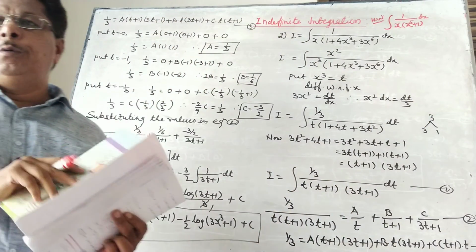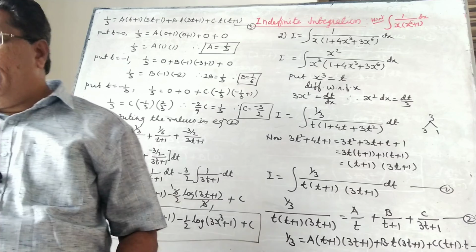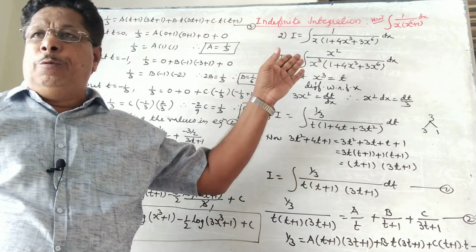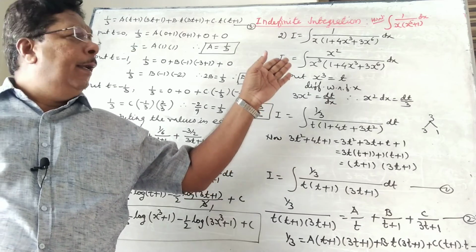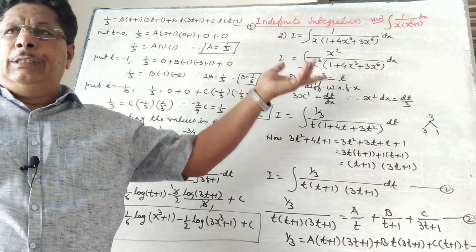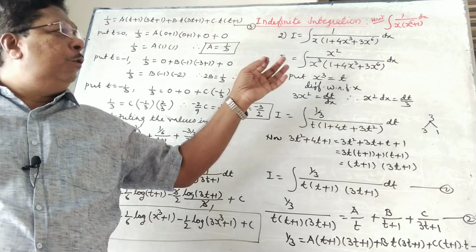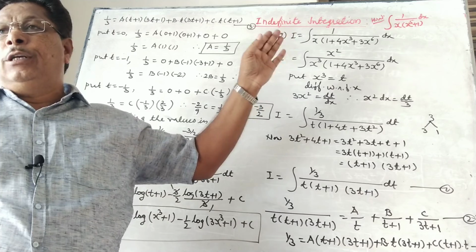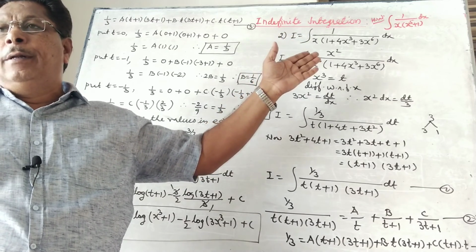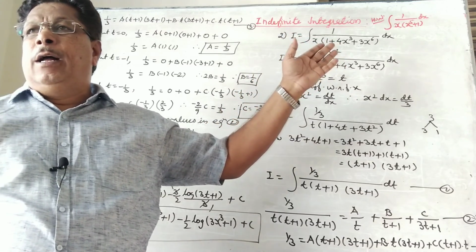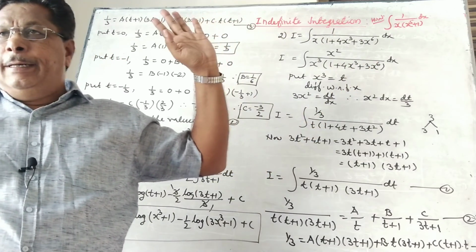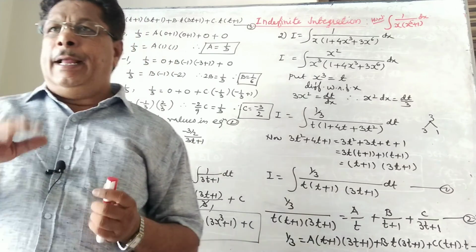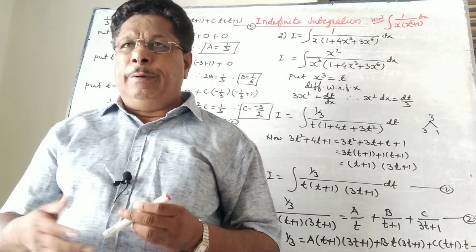Here what we have to do is multiply and divide by x raised to 4 and then take the substitution x raised to 5 equal to t. Then the derivative is adjustable. You will get x raised to 4 dx: the derivative of x raised to 5 is 5 x raised to 4, so x raised to 4 dx is equal to 1/5 into dt. Okay, in the similar manner you have to solve it. The next sum we will take in the next video. See you.